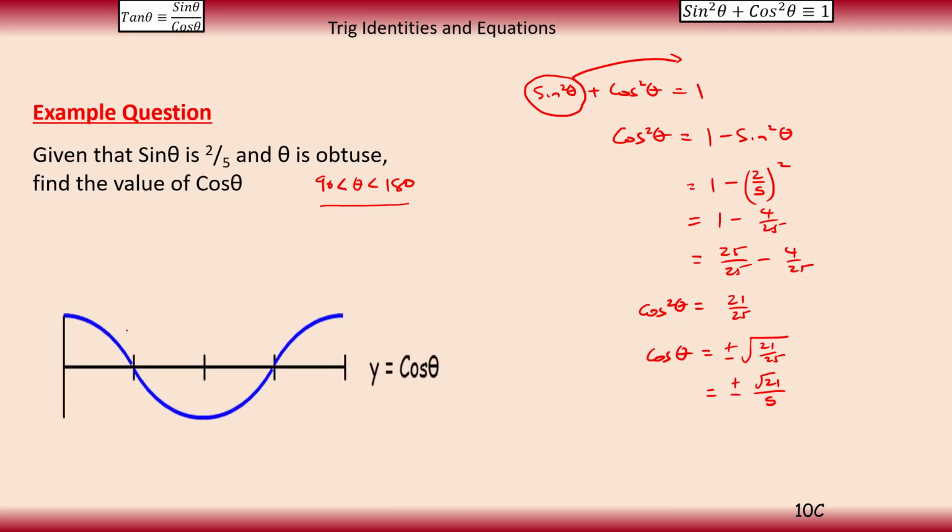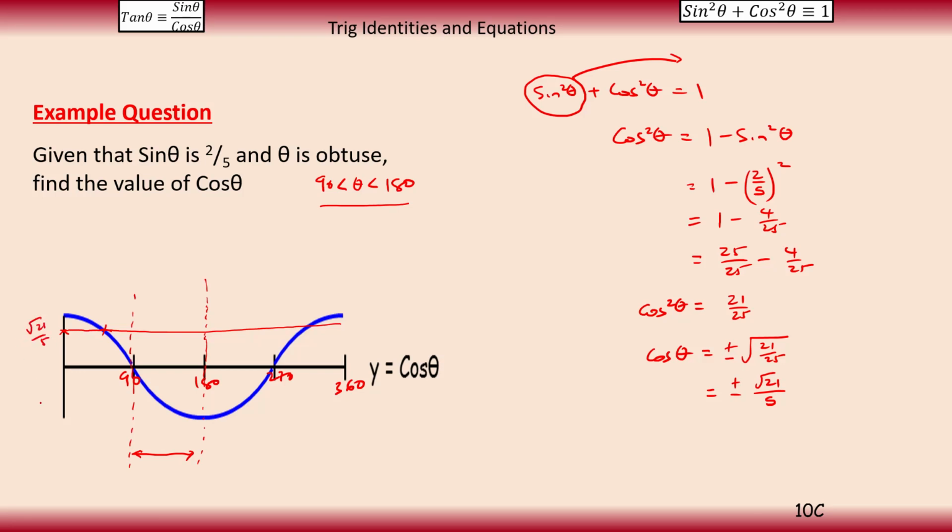Well, we sketched a curve. That's 90, that's 180. So it's got to fall within that range, 270 and 360. So it's got to fall within this range here, from 90 to 180, and somewhere in there. Now if I look at the positive value of square root of 21 over 5, square root of 21 is going to be between 4 and 5, so it's quite high, somewhere over there. If I sketch it, it doesn't work for me. It hits the curve before 90 and then after 270, so it can't be square root of 21 over 5,